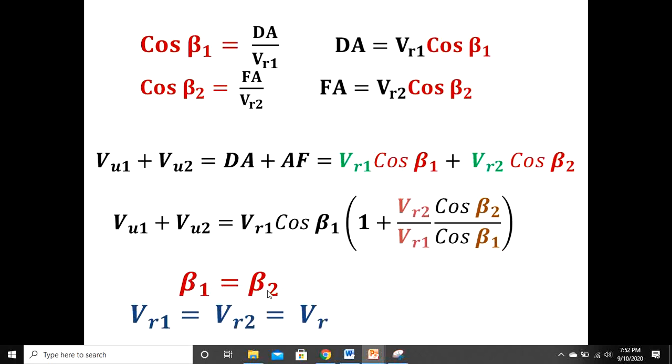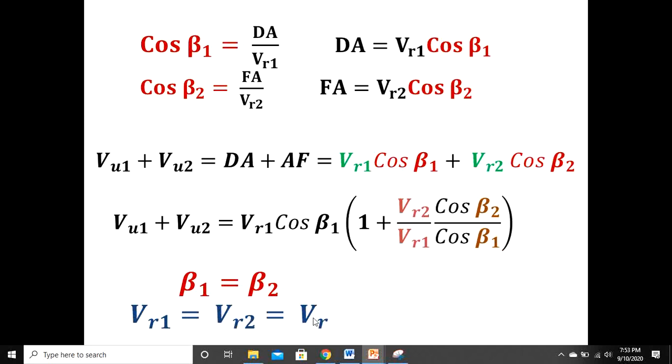Beta 1 is equal to beta 2. Blades are symmetric in nature. The pressure drop will not take place; only kinetic energy will be taken, that is, in terms of V1 square minus V2 square. Getting my point? The pressure will be dropped only in the nozzle, okay, and there is no friction on the blade.